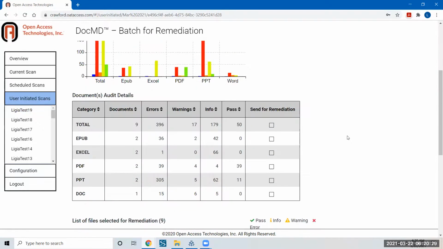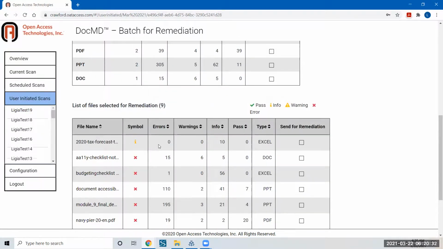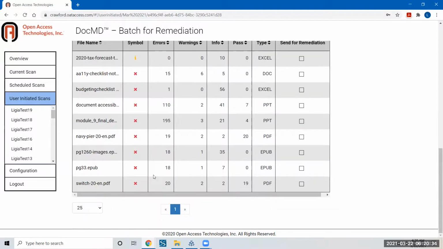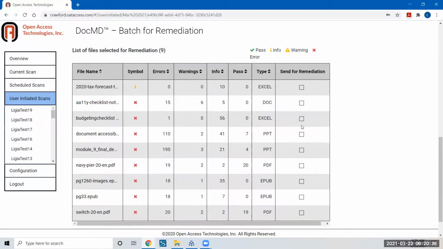And I've submitted some files previously, which are going to be sitting there. And as you can see, those are there, but also the ones that I've just added now. At this point, I have the ability to select whichever ones I'm actually going to submit for remediation. And from here, this would tie into whatever process your organization has set up to remediate these